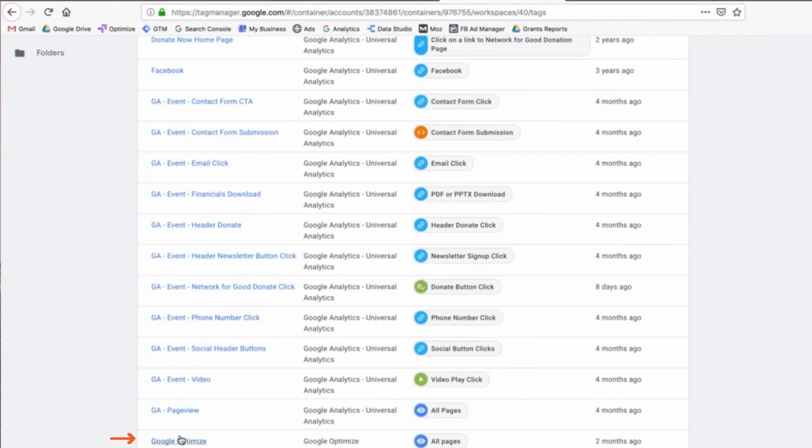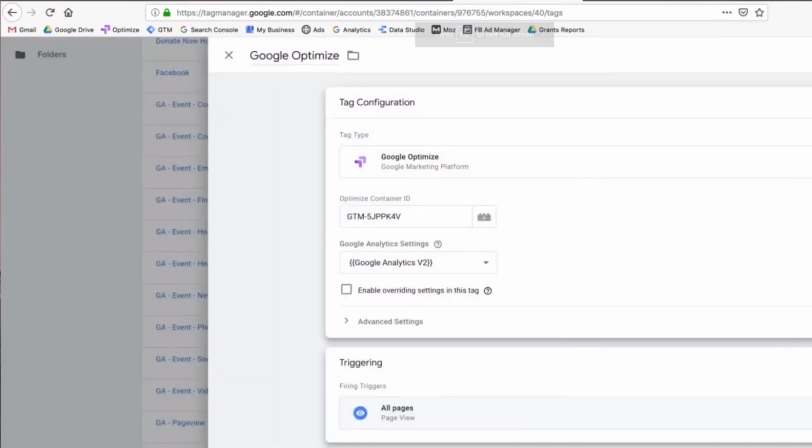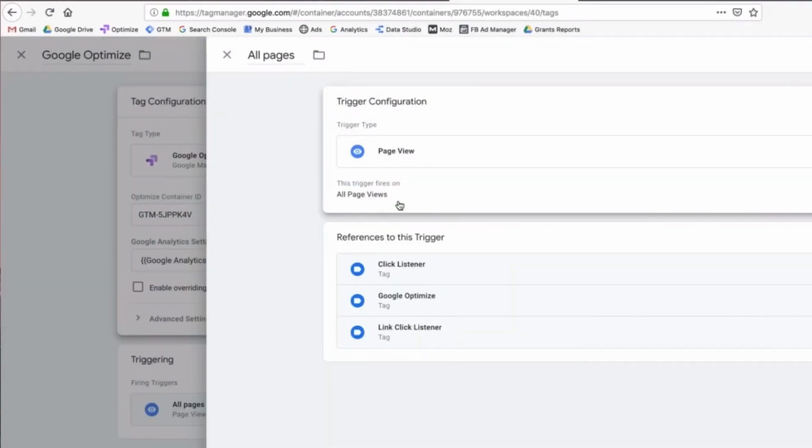Within the account and container, Google Optimize is visible, representing another Google product. To simplify, when using Google Optimize as a tag, integration is seamless, requiring no direct handling of code. By selecting Optimize, the tag is established without the need for code implementation. However, to enable Google Tag Manager to trigger the Optimize tag, it must be set to fire on all pages,